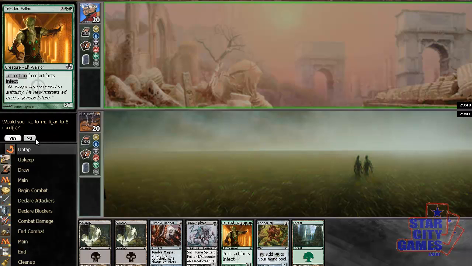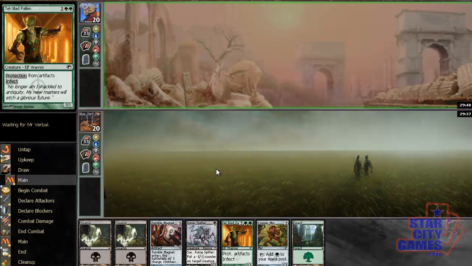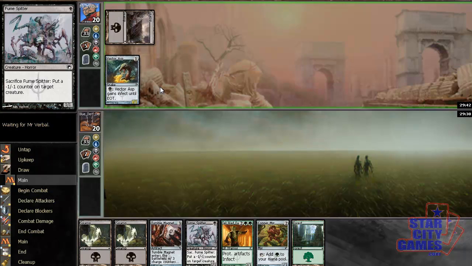I lost the roll this time, sorry. I was trying to work out whether I'd won or lost. Oh yeah, I lost the roll, so I'm on the draw, and this hand's pretty good. It's got pretty much everything you'd want. It's got removal, Tumble Magnet, and a turn 3 Fallen, so...